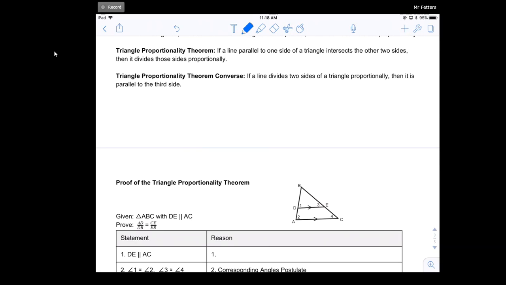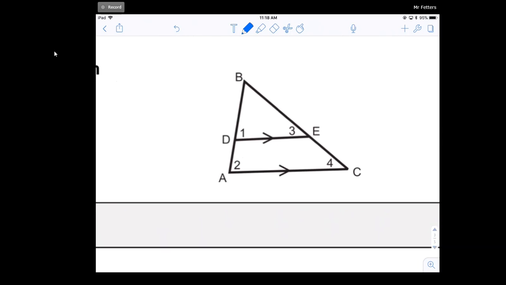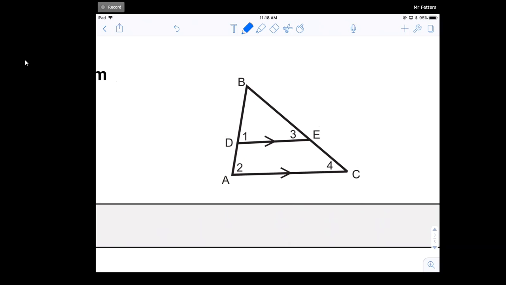Prove the triangle proportionality theorem. And that says if a line is parallel to one side of a triangle and intersects the other two sides, then it divides those sides proportionally. So essentially, if you have a line of a triangle